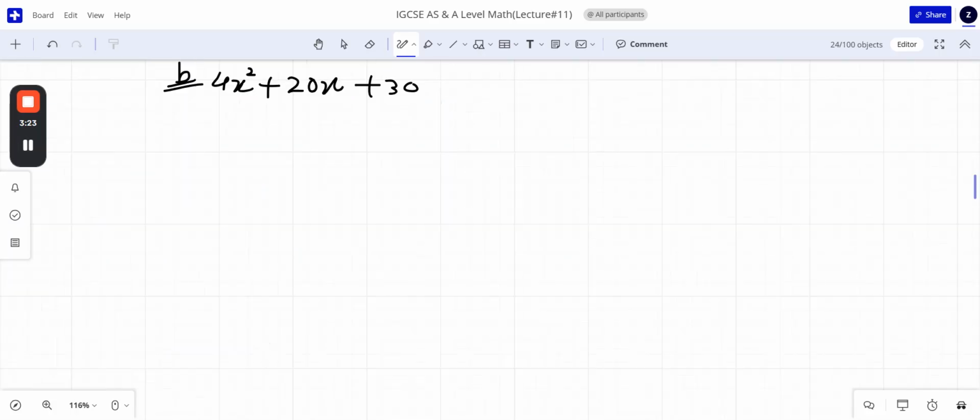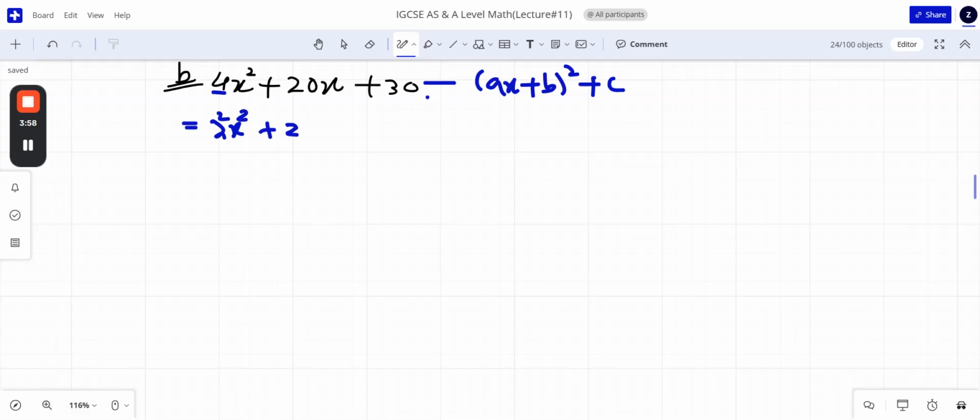Part B is 4x² + 20x + 30. So we need to convert it into the form (ax + b)² + c. For this, first we need to make ax a complete square. So what is a? a is 4. We know that 4 is the square of 2, so instead of 4, we will place here 2² x²,